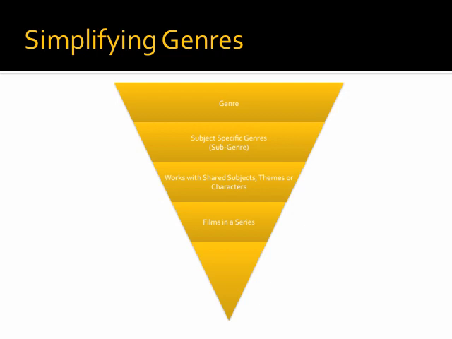Spin-offs would fall into this category, where they're not exactly the same, but they share the same subject, themes, and characters. If you were a Buffy the Vampire Slayer fan, Angel would be an example of this type of work. Then we can also say that there's films in a series where the plots are very similar, the same characters. They're not spin-offs, they're series. So